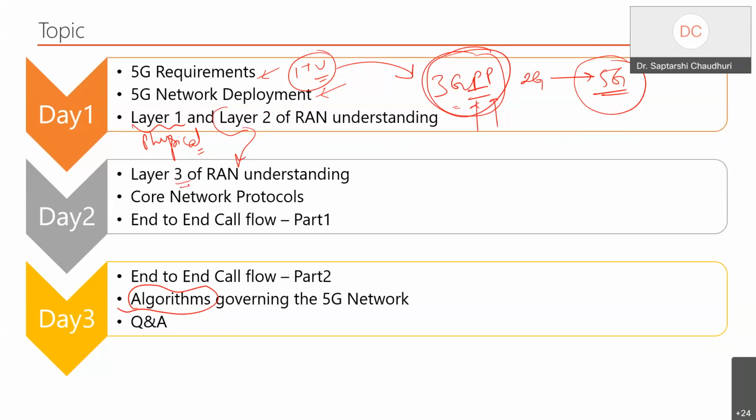So what is our layer 3, how it differs from the typical OSI layer, and how the radio access, which is nothing but what we call a base station, or in the terminology of 3G we call the node B. A lot of things we have defined. So we'll see how the radio access network looks. And we'll stop at that point and go over to the core network, because this is the biggest part of the whole network deployment from the complexity point of view. You'll see how I unfold the complexity over there.